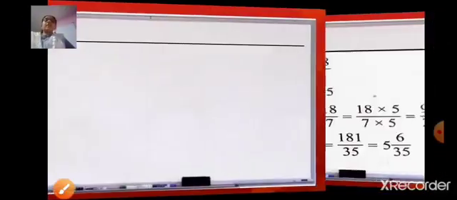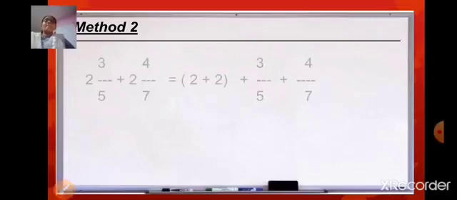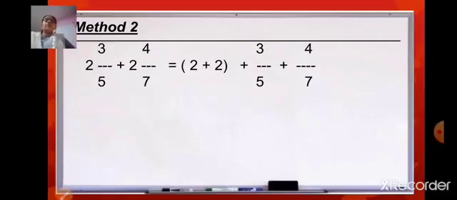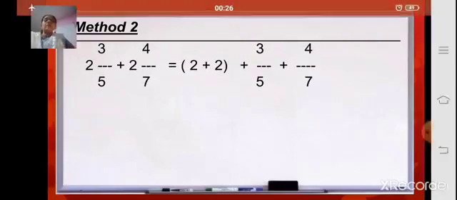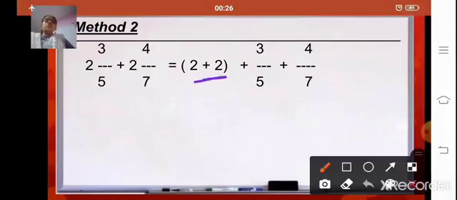Now same way with the second method, I have already shown you. Here 2 plus 2, when you add the whole numbers first, 2 plus 2 whole numbers, then take the fractions 3 upon 5 plus 4 upon 7. Okay. So when you add this,